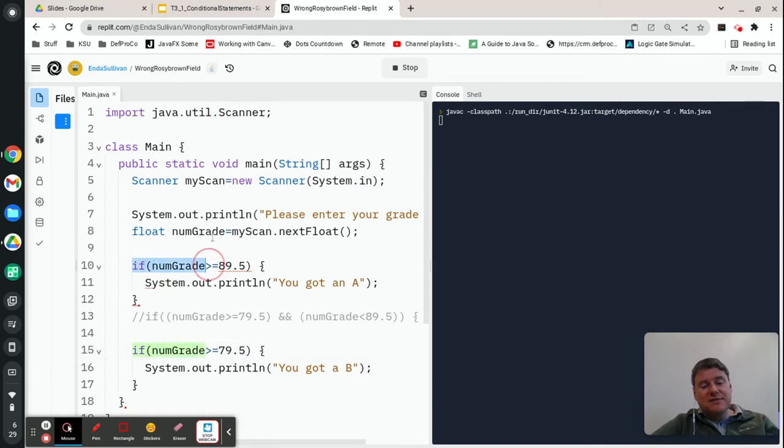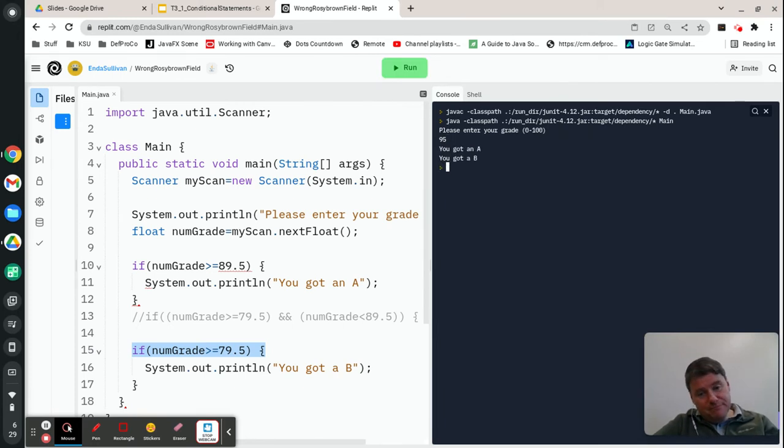What's going to happen is it's going to check this, and 92 is greater than 89.5, so it's going to print out you got an A. But then it's going to proceed, and it's going to check to see if 95 is greater than 79.5, which it is, and it's going to also say you got a B, which is not exactly what I wanted to happen, and that's why that second AND is necessary. The second AND means that it has to be within that range